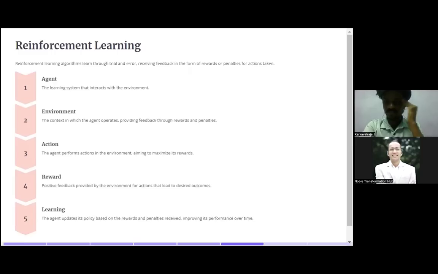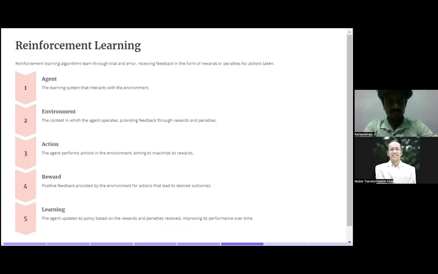The agent will perform well so that it gets a reward, otherwise it gets a penalty. Reward is the positive feedback provided by the environment for actions that lead to desired outcomes. Then learning: the agent updates its policy based on the rewards and penalties received, improving performance over time.